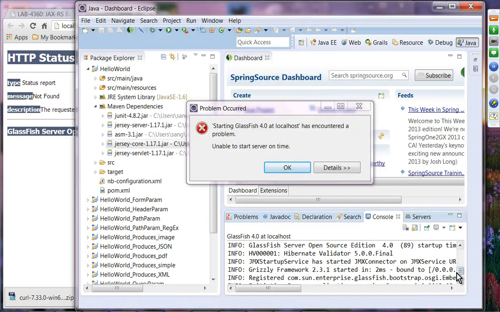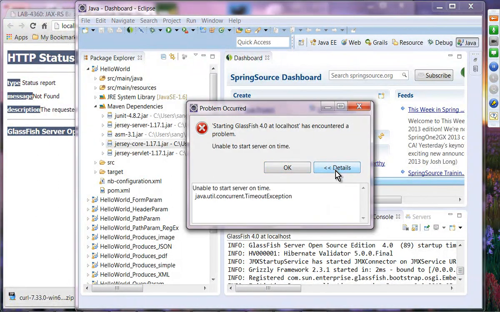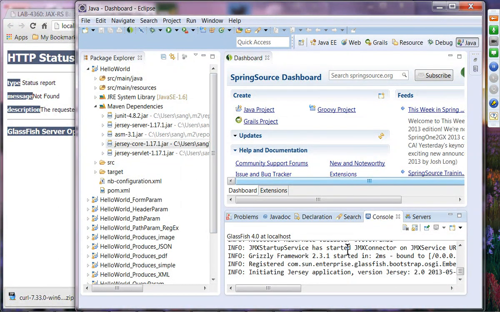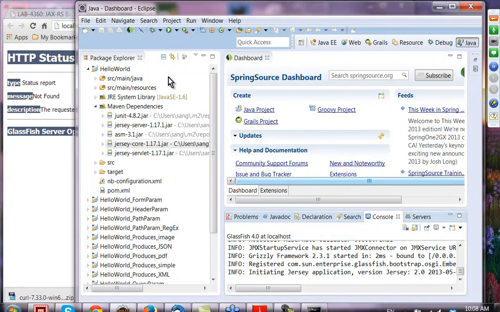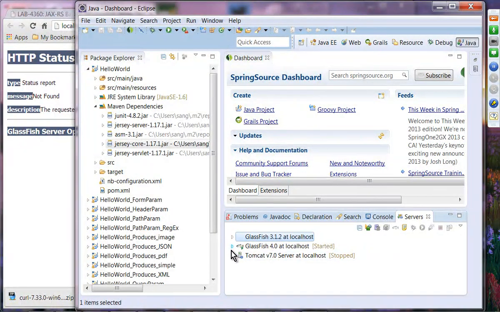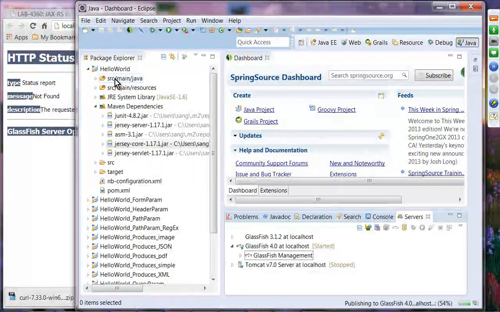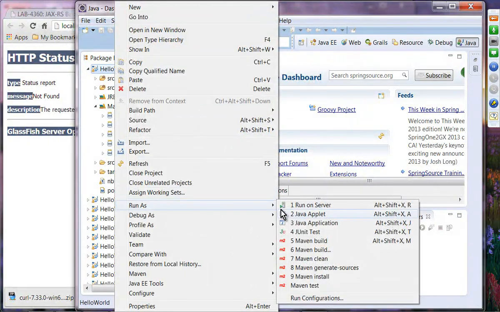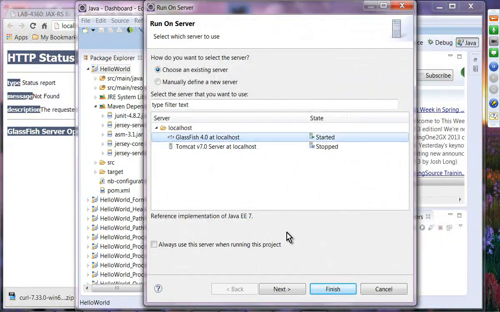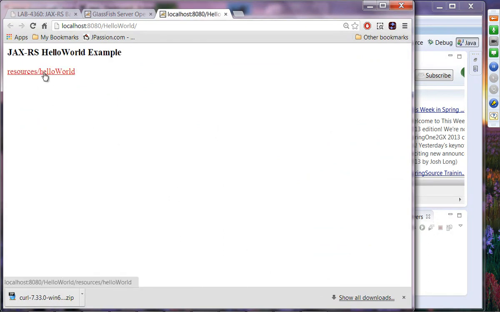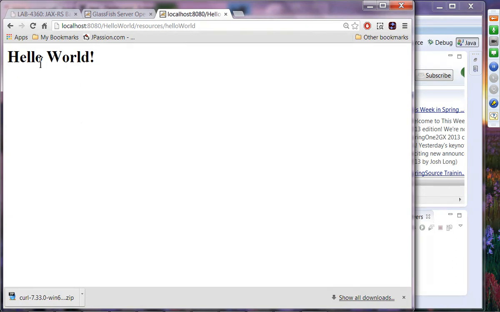Okay, so this is still building. Looks like, oops, why is that? Let me make sure the server is GlassFish. Okay, let me just remove these two guys. And let's try one more time. Okay, it works. So I say resource hello world, and then you can see it's displaying hello world